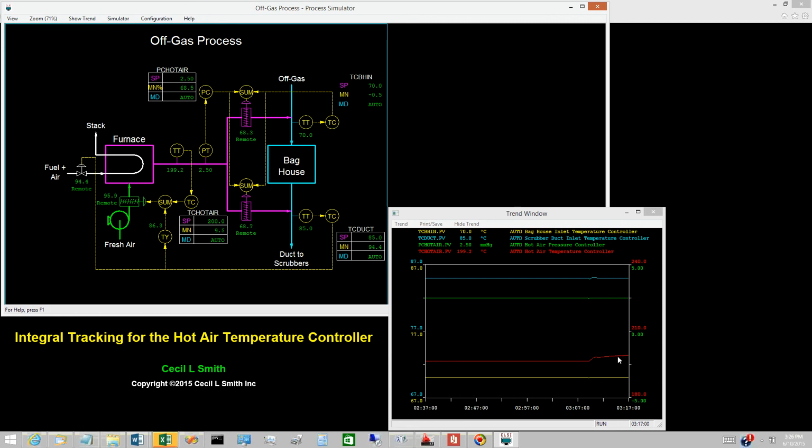If not, the likely explanation is that reset windup occurred. If tracking is not properly configured, such a result is inevitable. The next video examines integral tracking for the loops associated with the hot air